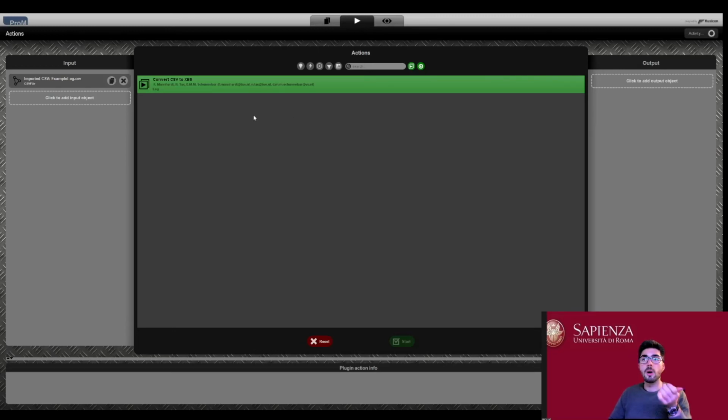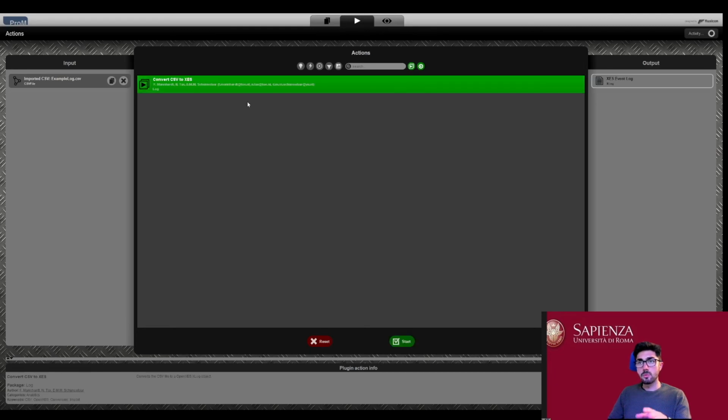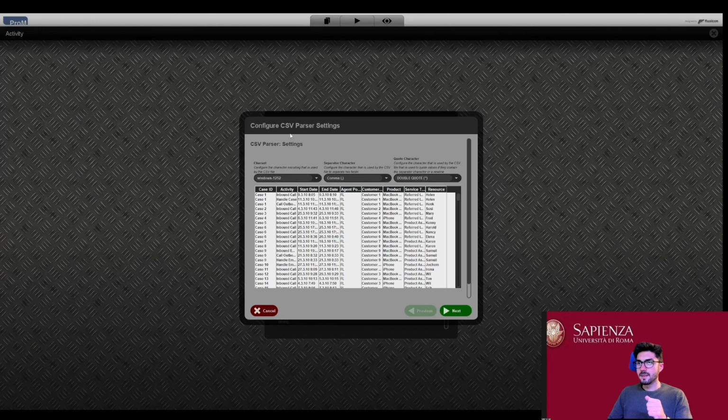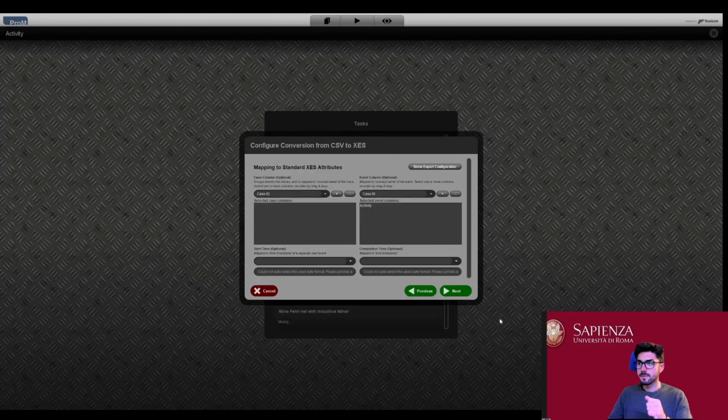I could try to add more input objects, but right now I want to do what the software is suggesting me to do. So I will convert the CSV to an XES file. And we can do so. As you can see here, sorry about that, I need to do exactly what I did in Disco.